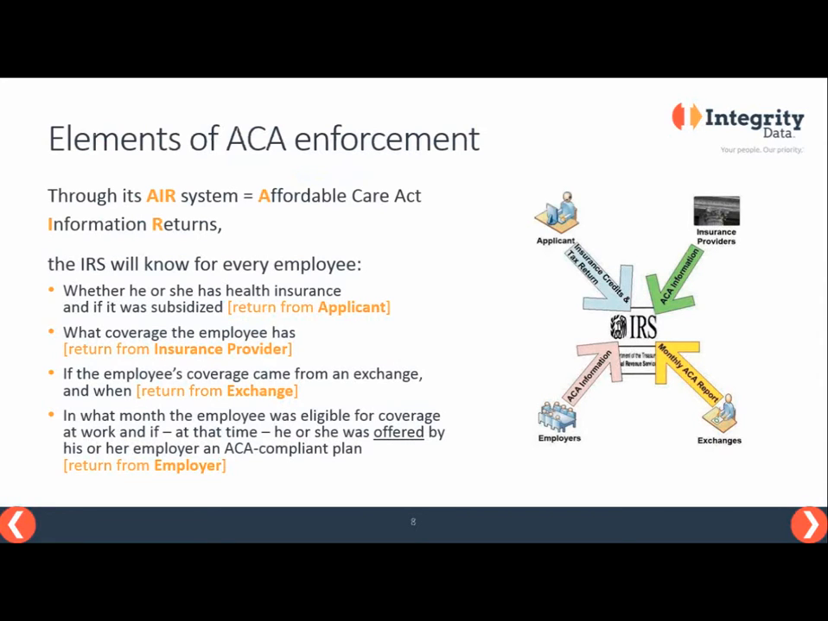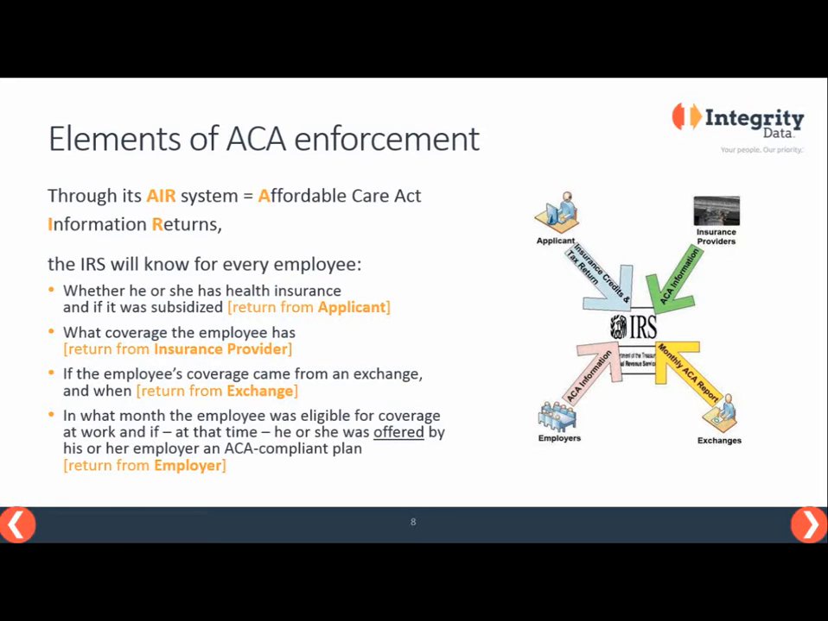The way this all works is the IRS has created what's known as the AIR system. You're going to hear more and more about that. It's the Affordable Care Act Information Return System. And just to let you know, if you remember this last year and how it works, on your